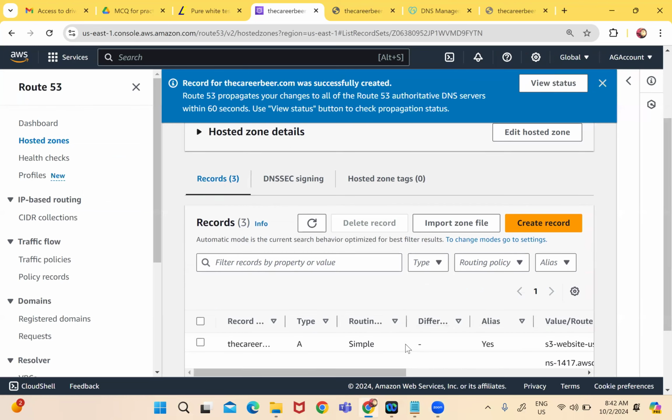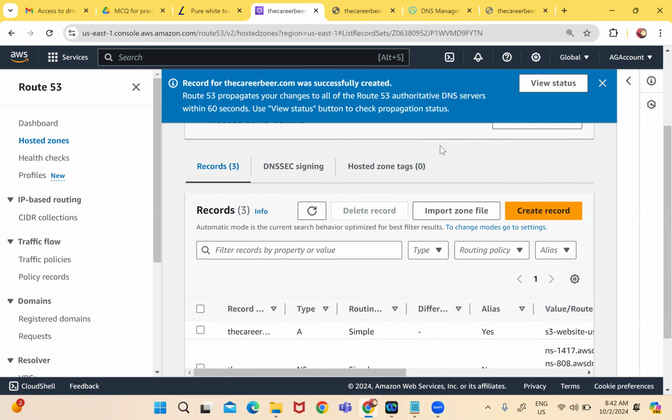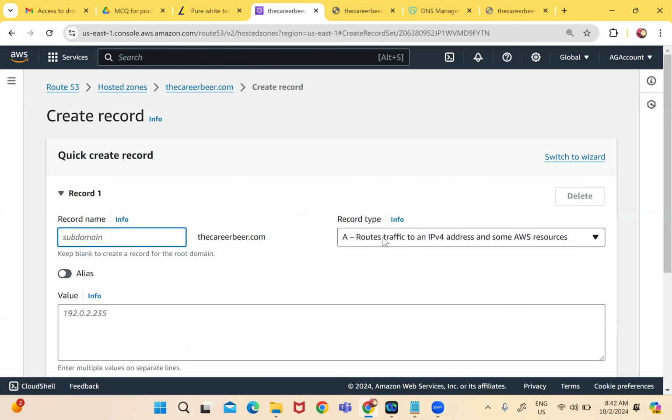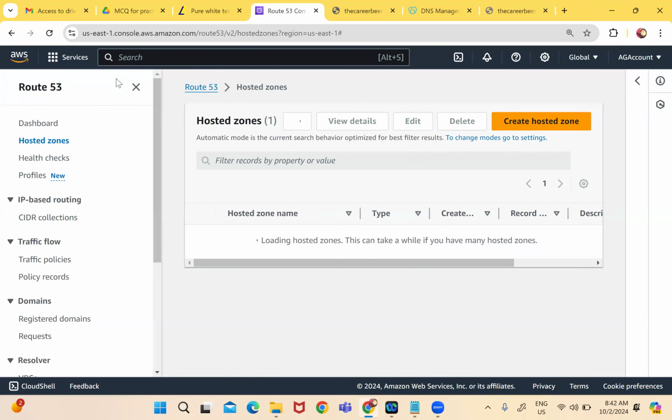Now there were some types of record types, where the traffic would be pointed, or how the traffic would be pointed. We can define it from the record type. If I take an example, we have some major record types, which include, okay, so let's say